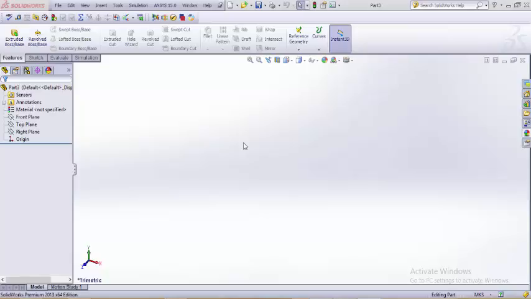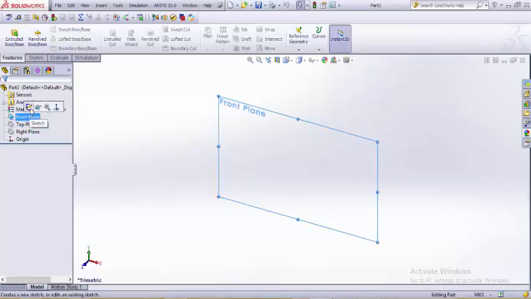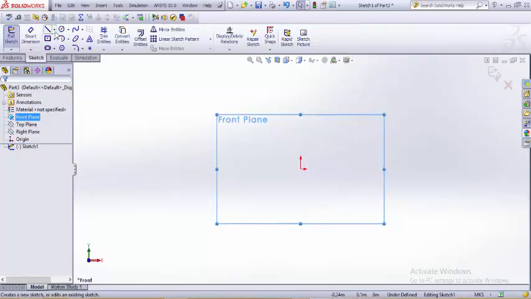So to reduce the material cost and maximize the efficiency, these types of sections are being used in structural designs, and we will be discussing some of the basic concepts furthermore when we design it. So for the time being, we select the front plane, make a sketch on it, and for specifications we'll be using standard American